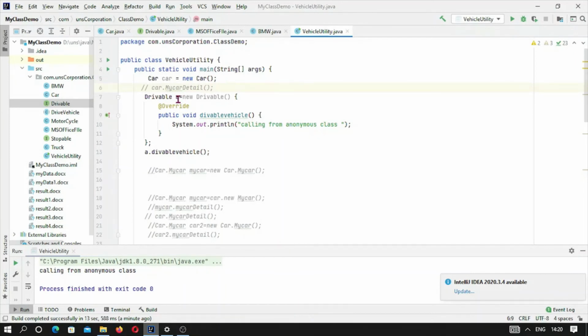This anonymous class is implementing a Drivable interface and overriding this abstract method, and here in the body we are doing the required work, and by calling the object of the anonymous class and its overridden method, we are achieving the required targets. So this is all about anonymous class.